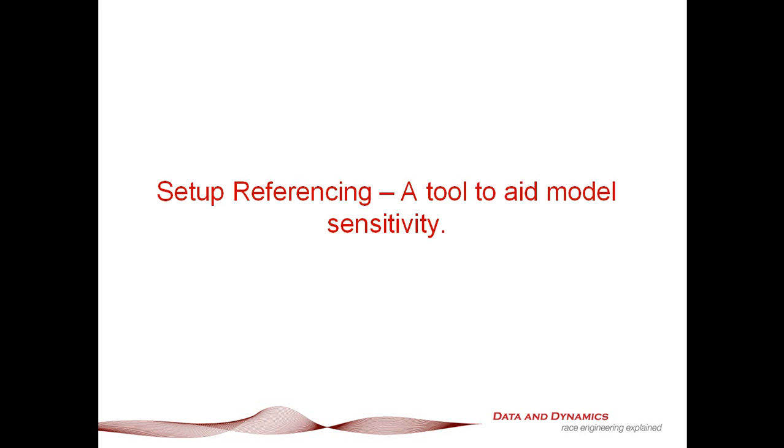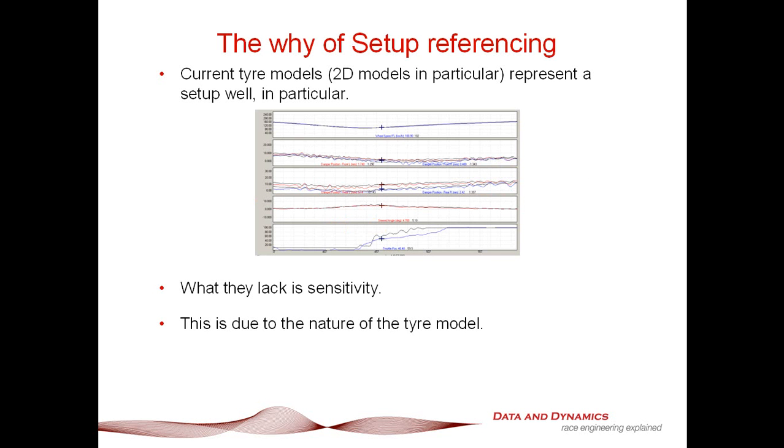And really, it's a tool to aid in the sensitivity of your models. What in particular is setup referencing, and why do we need it? Well, the motivation comes from the fact that current time models, 2D models in particular, where you have traction circle radius plotted against load,